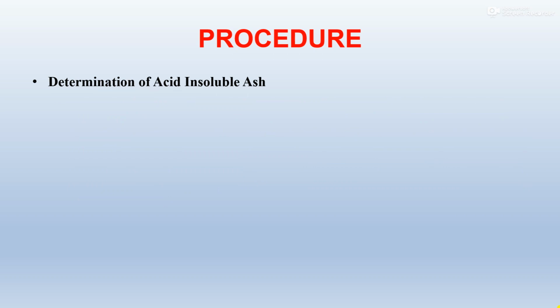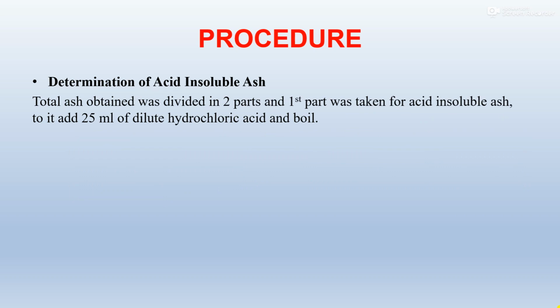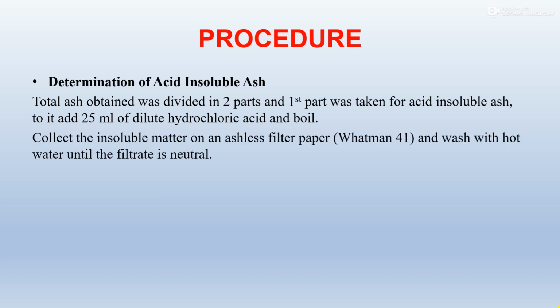Here is the procedure for determination of acid insoluble ash. The total ash obtained was divided in two parts. The first part was taken for acid insoluble ash. To it 25 ml of dilute hydrochloric acid was added and it was boiled. After boiling, collect the insoluble matter on an ashless filter paper and wash with hot water until the filtrate is